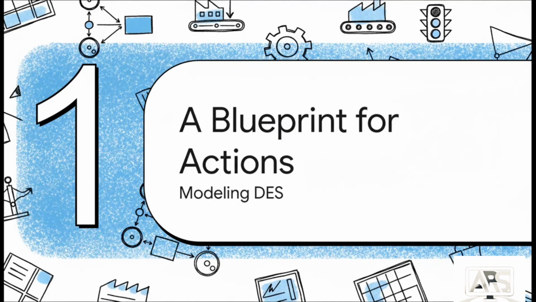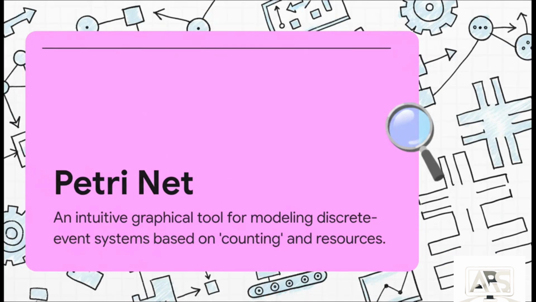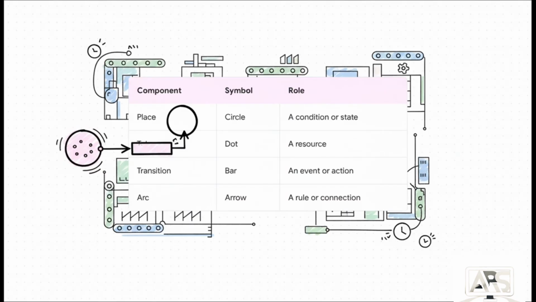So how do engineers and computer scientists actually get a handle on this jumpy reality? Well, they use this surprisingly elegant and visual tool, kind of like a blueprint for actions that lets them map out and hopefully control all that chaos. It's called a Petri Net. And honestly, the best way to think about it is like a game board. It's got pieces, it's got rules, it's got moves. It lets us play out the flow of events so we can spot problems like a total system gridlock before they ever actually happen.